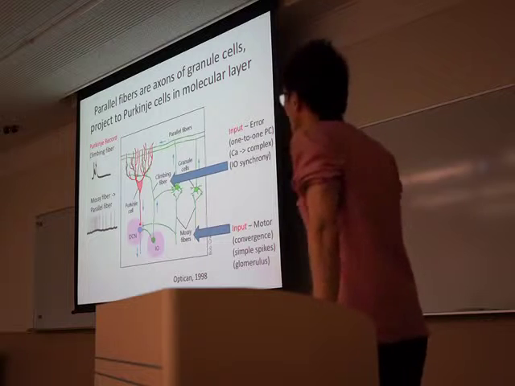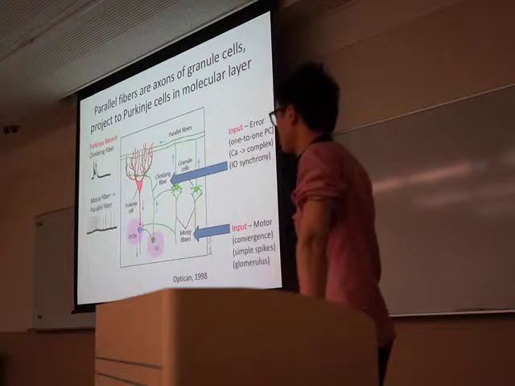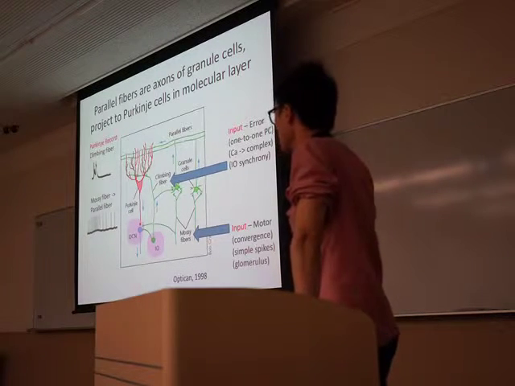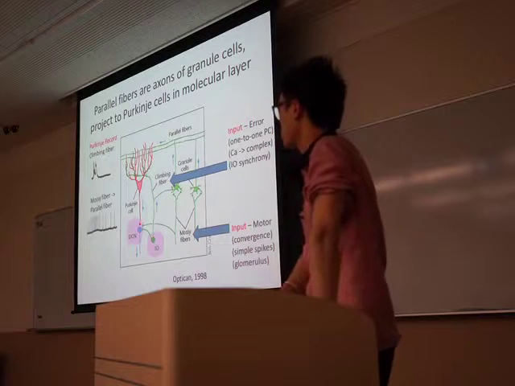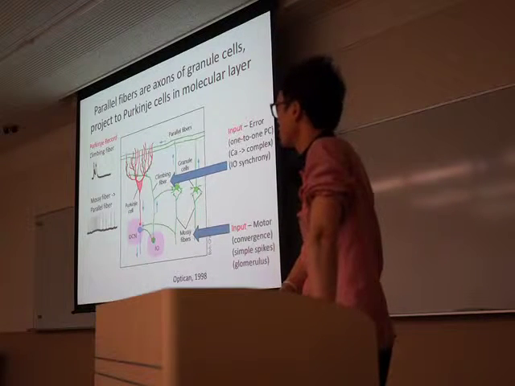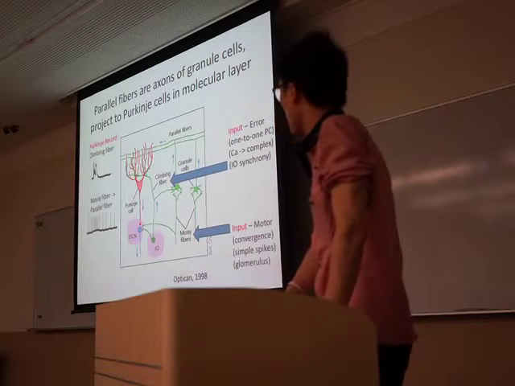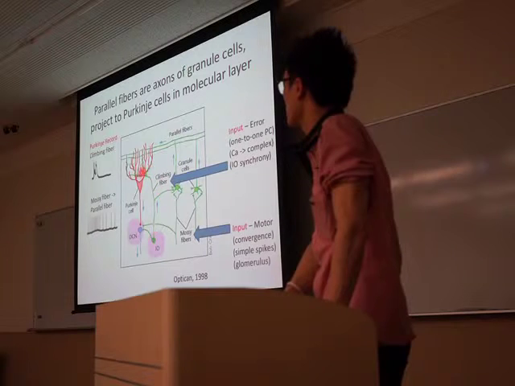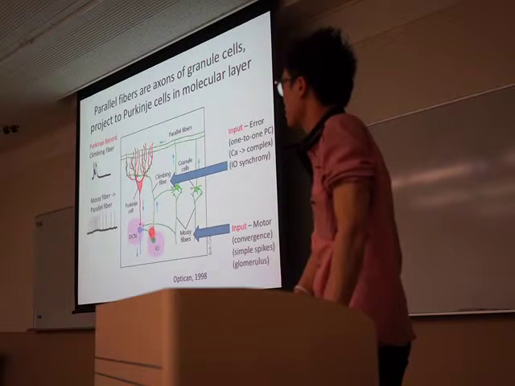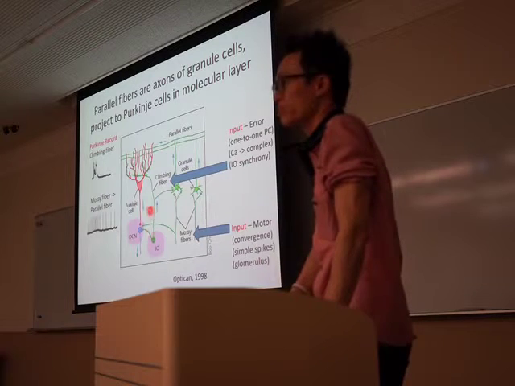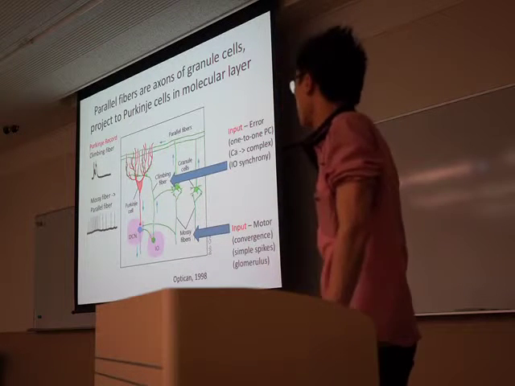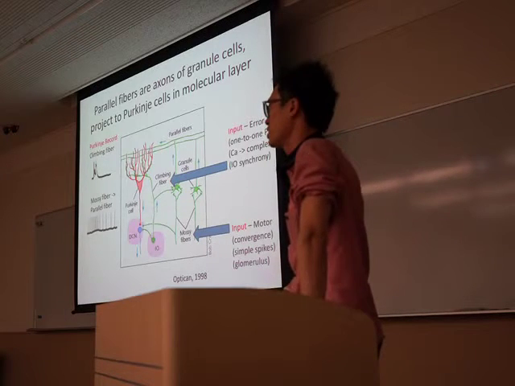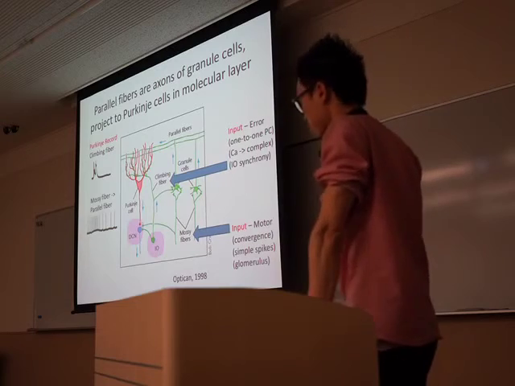The climbing fiber input is completely different from the mossy fiber input. Let me first describe what it is. It's a one-to-one connection between the climbing fiber and the Purkinje cell. The climbing fiber comes from the inferior olive, coming here. Now the inferior olive actually gets information from the deep nuclei, so it's actually a loop. What people usually think of these guys is that they're an error-correcting code. I'll show you what that means in a second. So first of all,